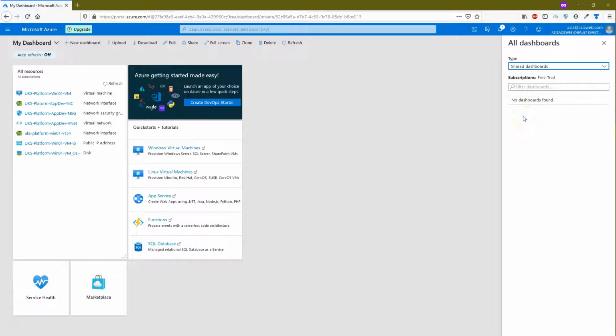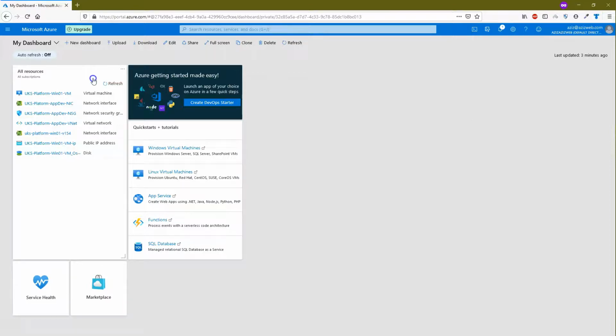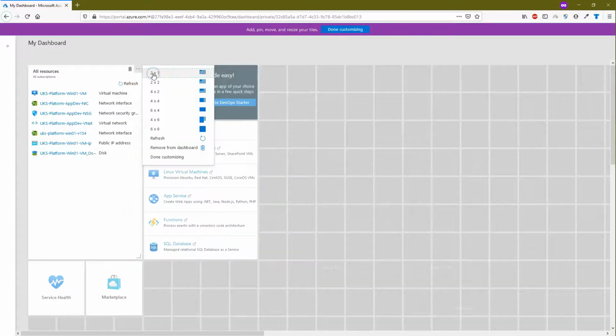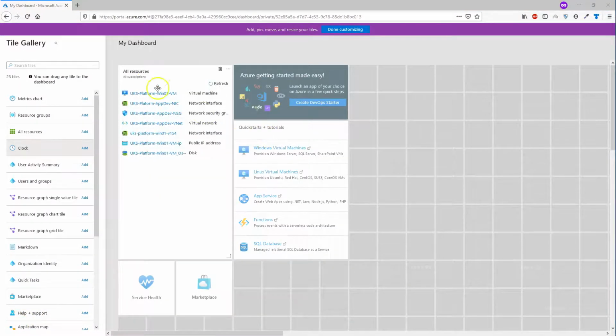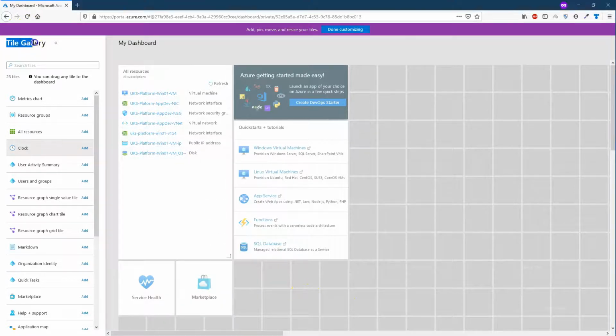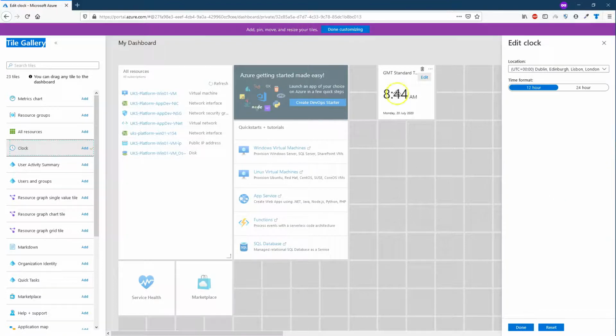We can edit dashboards. We can reposition and resize the tiles, delete tiles and add more tiles. To get into edit mode, click on edit link in the menu. We can also start editing using three dots on any of the tile and select customize from context menu. Dashboard is converted in tiled canvas and a tile gallery is displayed on left hand side of the screen. To add tiles, drag the tile from tile gallery and drop in the empty area of the dashboard.